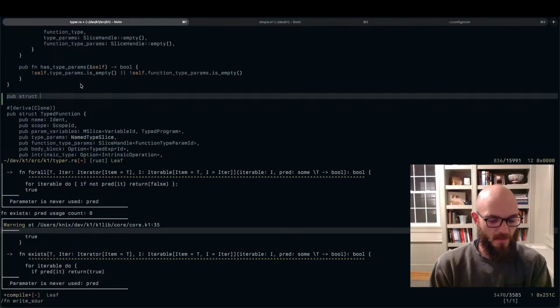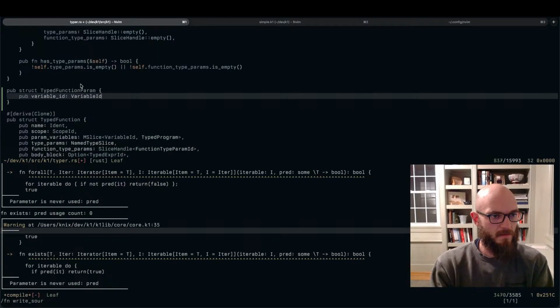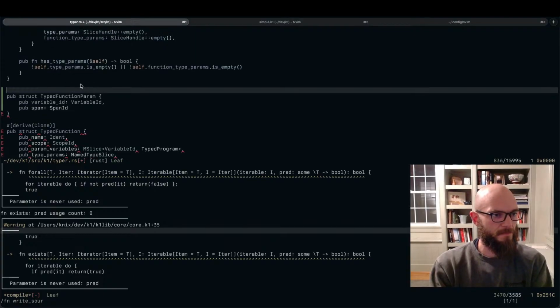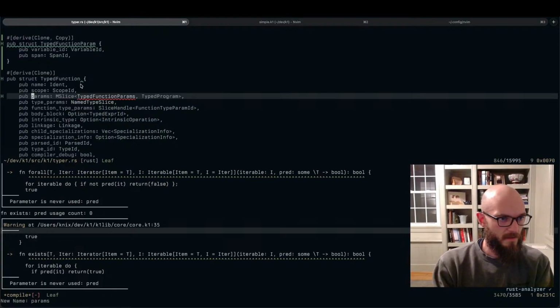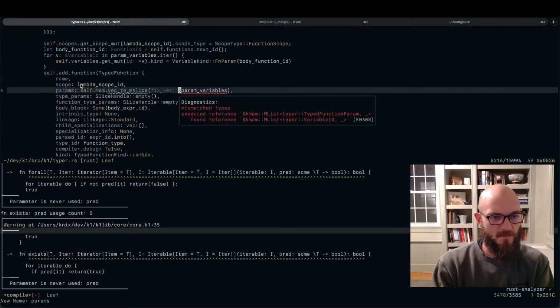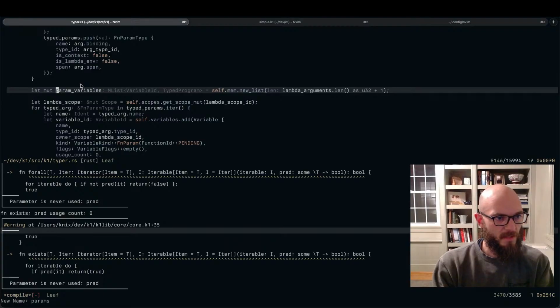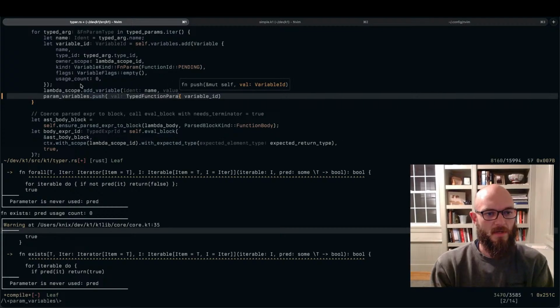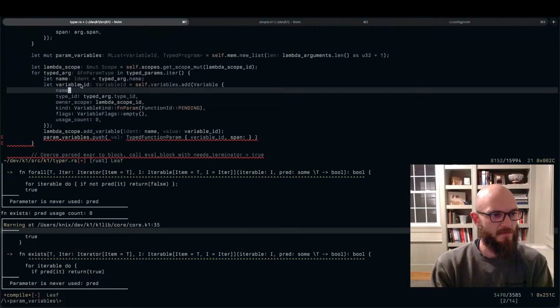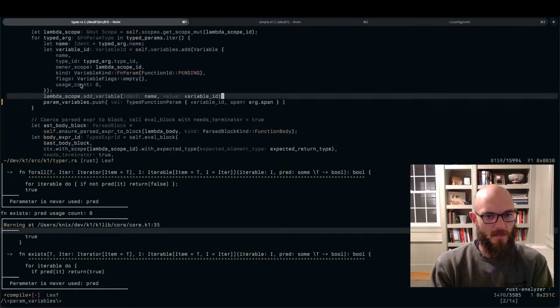So it's something like pub struct typed function param, a simple pub variable ID, and then this pub span. Okay. And then it's our span ID. What we're doing is we're replacing param variables with typed function params, and then this is now just go rename params. Right, it's a slice of those. Now we can refactor this, the slice param variables. We will leave it alone, and then when I push to you, I now have to push something else. I have to push a typed function param with a variable ID, a span, and I feel like I would have just removed the span. It's arg.span, and now